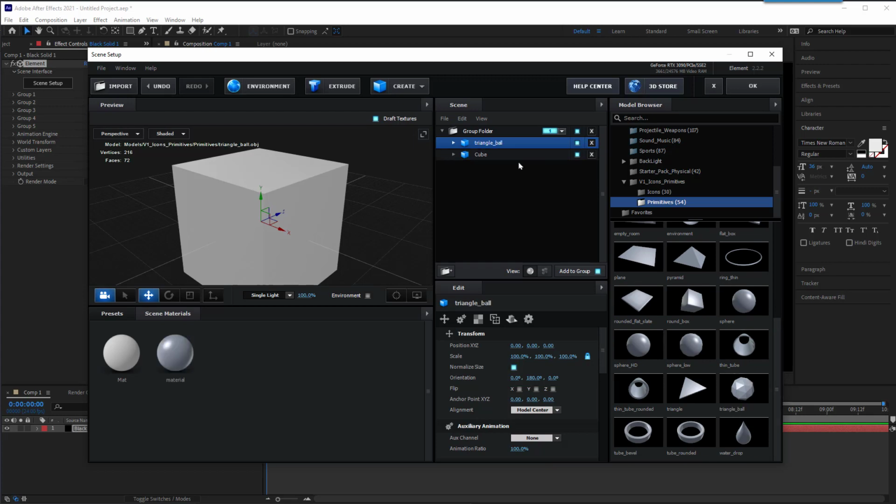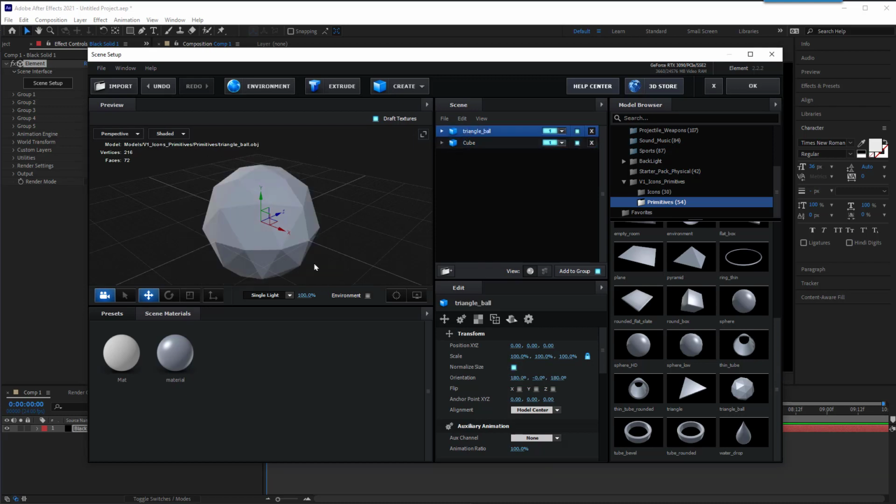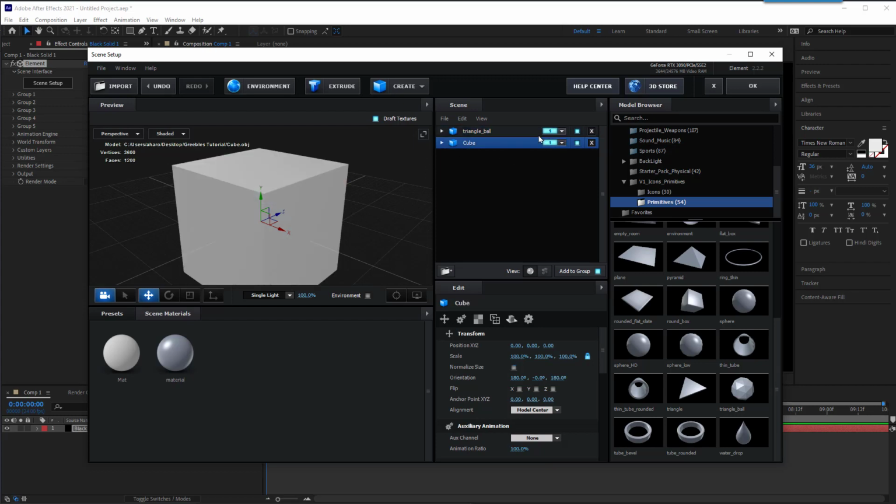Okay, so you can't see the triangle ball right now because it's in the same folder with this cube, and it sort of combined the objects. So I'm going to move triangle ball out, I'm going to move cube out, I'm going to delete the folder. Now if I select triangle ball, there, I can see that this is here, and I can see that the cube is here, and they're both part of group 1, and I want that,